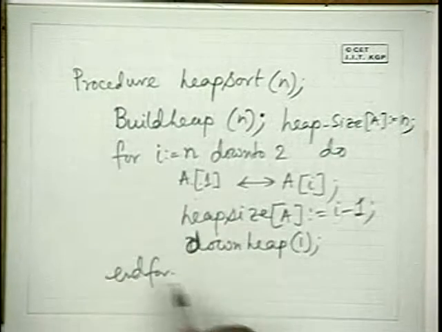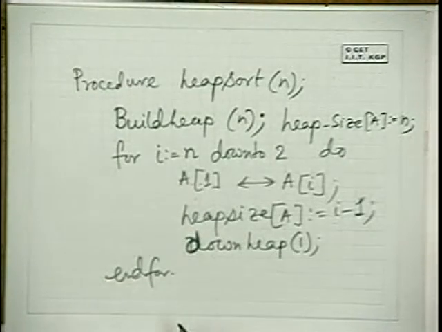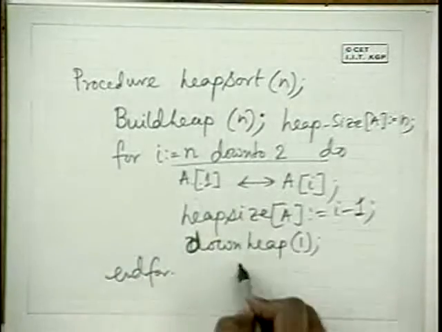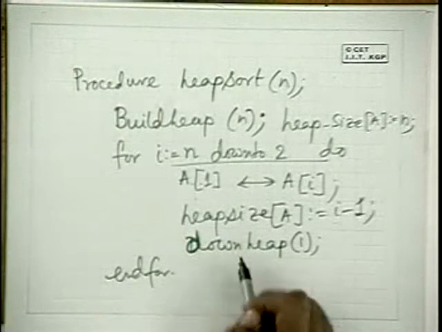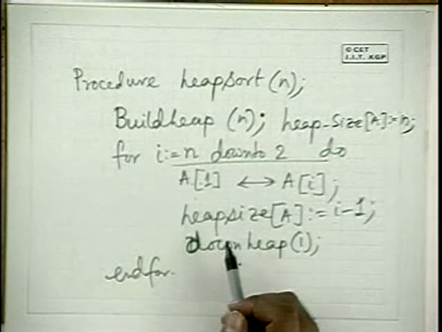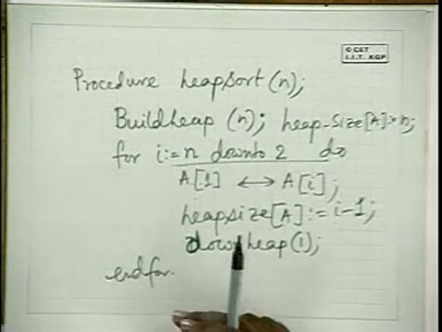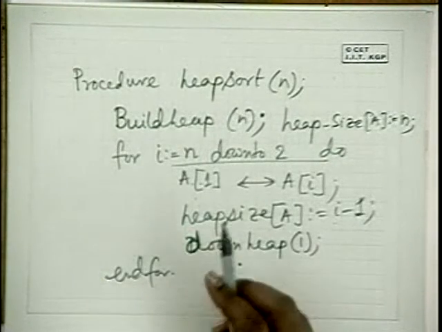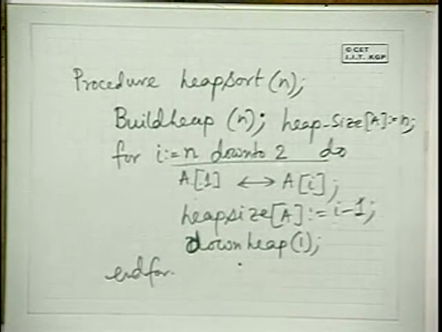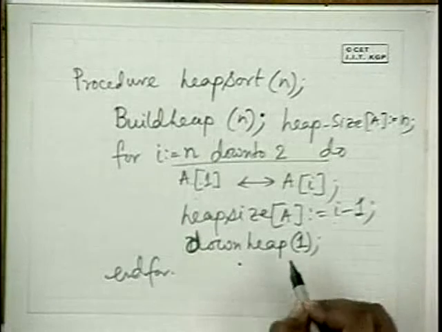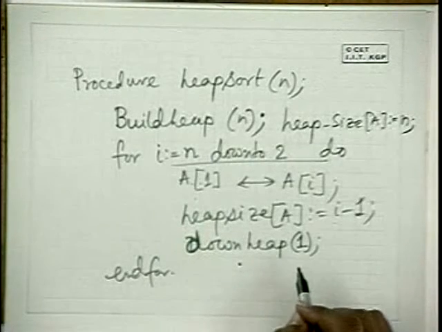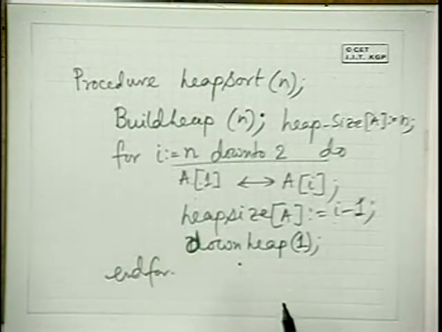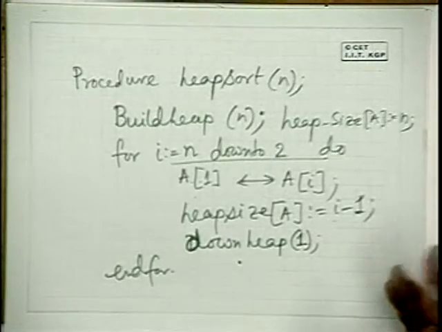So how much time does this take? How much time does it take? n log n. This is n times, and each down heap, you know, will take log n. So it is n log n. But again, there should be a question: can I do a similar trick? But here you cannot do the similar trick, because you are going to the top element. You are going to the top element and always doing the heap. You just try, because it is not down heap i, this is down heap 1 all the time. That's why you cannot play that trick. So it is n log n. And I know, you know that you cannot do better than n log n for sure.